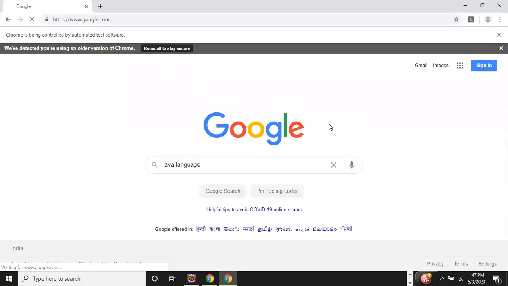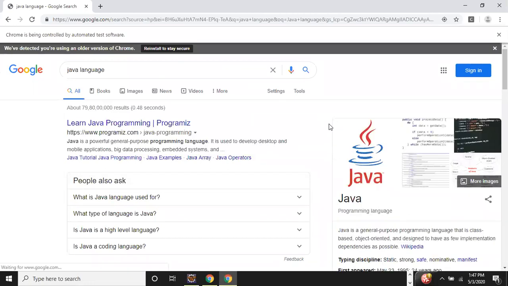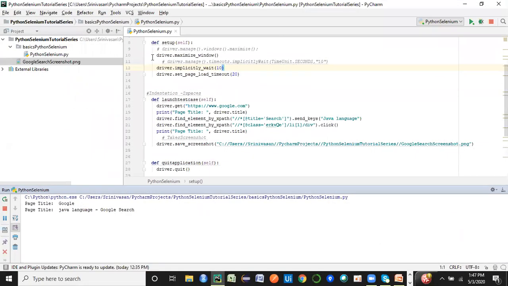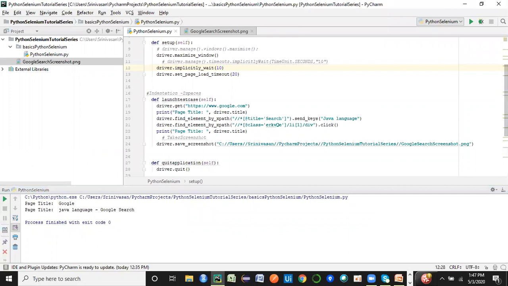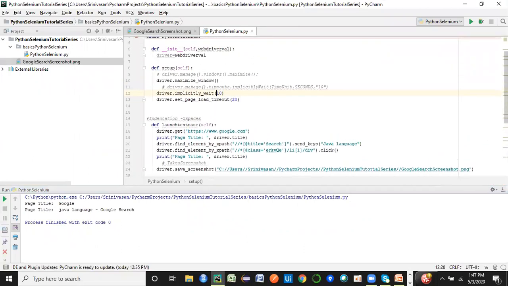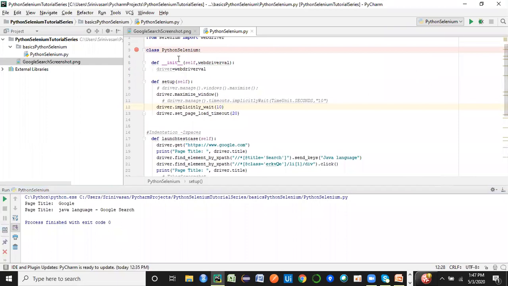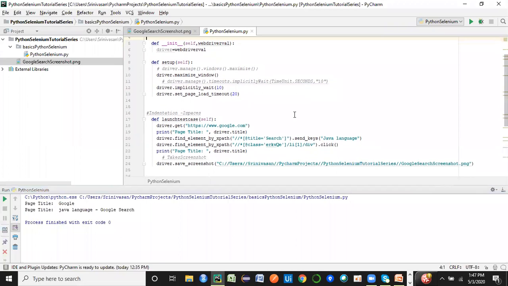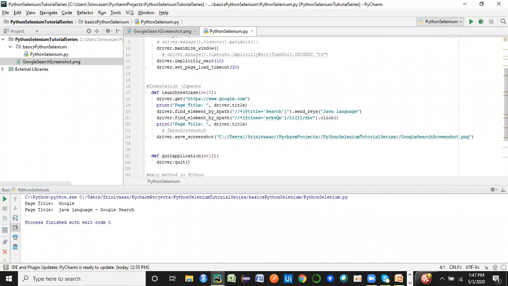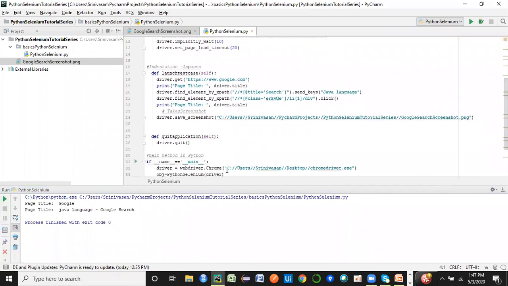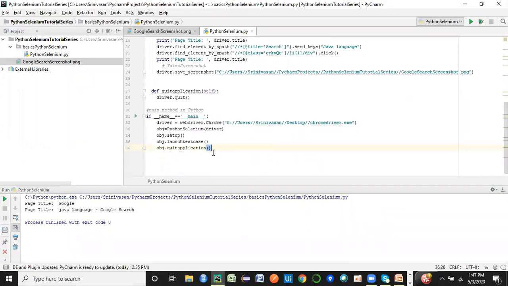So it has launched it. It is searching it, and that's it. Your program is done. It's going to quit the window, and you have also got the screenshot. If you open it, you can see we have achieved the same test case with a proper arrangement of our code, like how we used to do it in Java. We have created a constructor here, we have created individual methods here, we've organized our code. Now we can just simply call these methods whenever we require to do setting up of a browser or quitting a particular browser, etc. Or if we have to start doing something from a main method, we can use it this way.